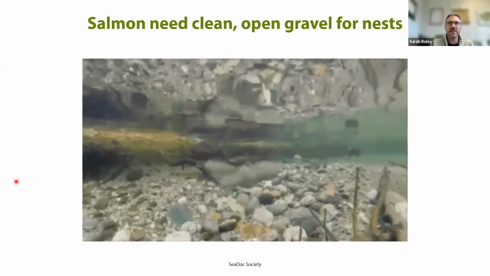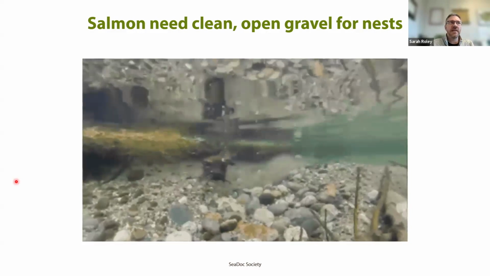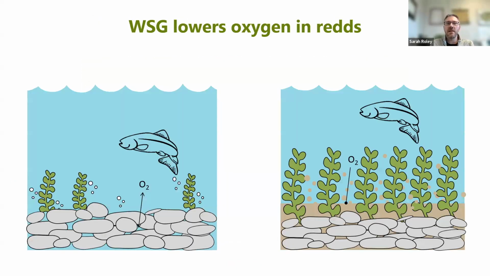And one consequence of water stargrass spread is that not only are salmon redds now completely covered up by plants, but because, as Sarah said, plants slow water flow and can cause sediment to drop out, that also increases the amount of fine sediment in the riverbed, which means that any potential salmon redds don't get enough oxygen for the embryos. And so the historic salmon spawning grounds in this section of the river have been almost